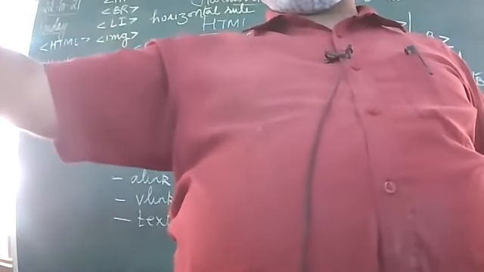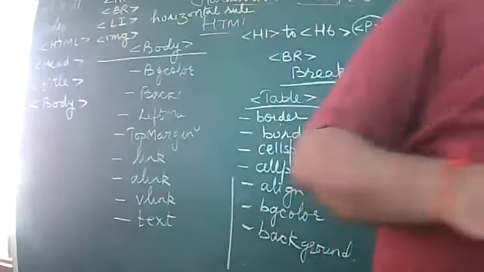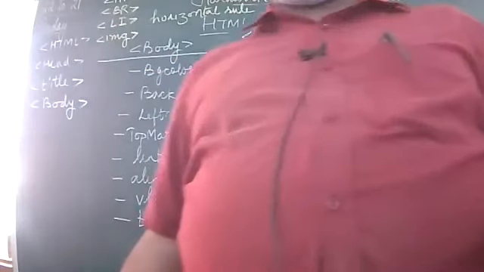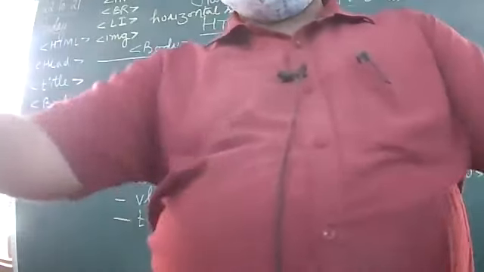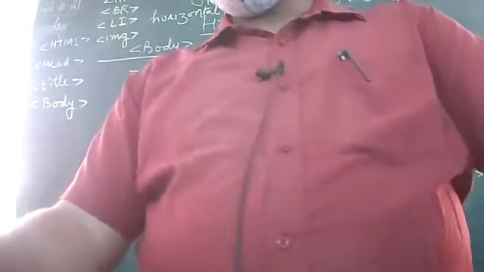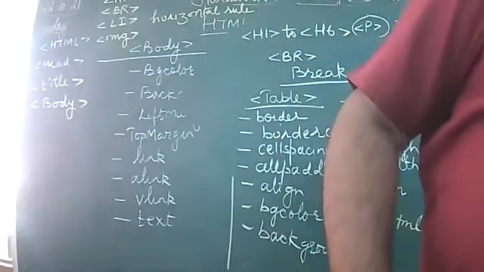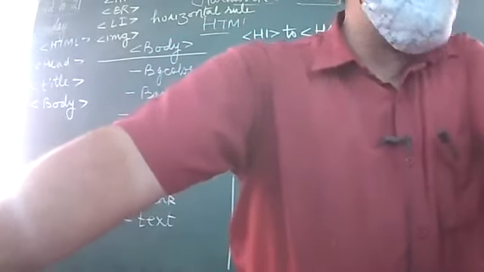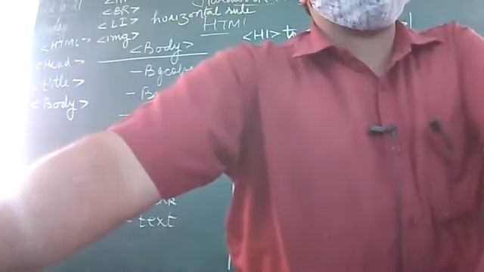Shifting to true and false. We start from here. One by one, every child will give the answer. Put your hand down. First, true and false. HTML is a case sensitive language. False. Very good. You cannot make the text bold and italic. False. Very good. Don't raise your hand, I said.